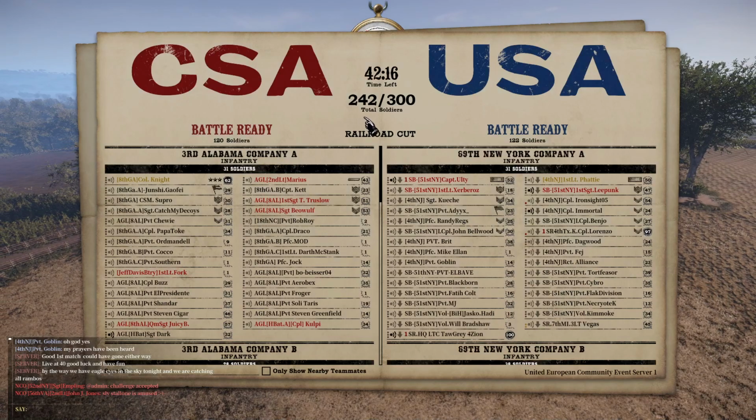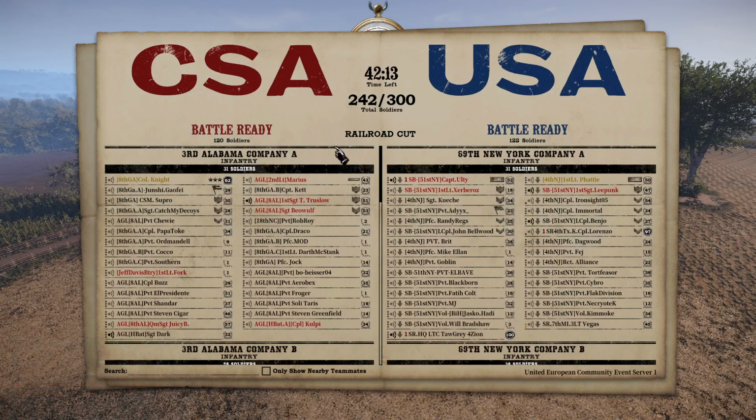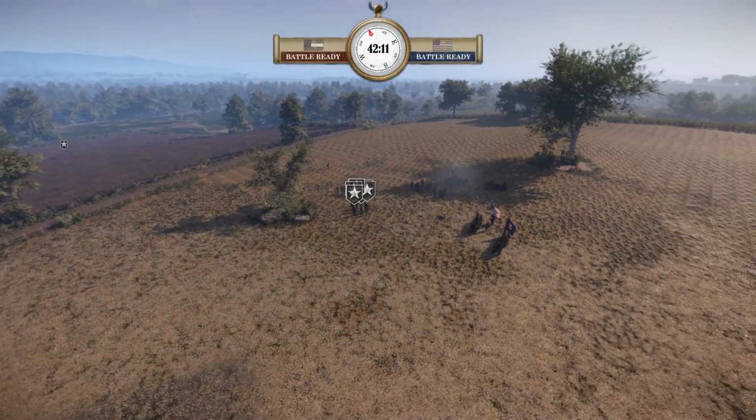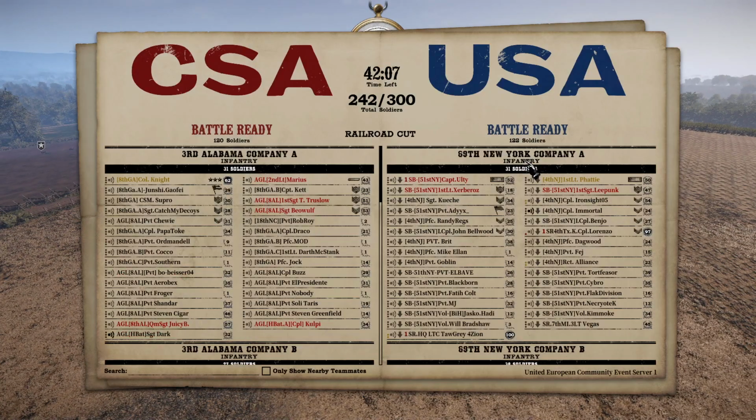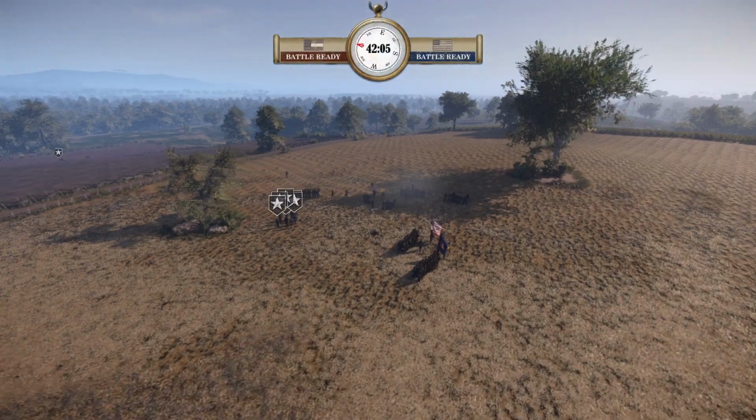Currently 242 in the server, 20 versus 122. So again, there's no attacker, no defender, just fighting over the 3 minutes. Let's take a look at the two teams, starting out with the